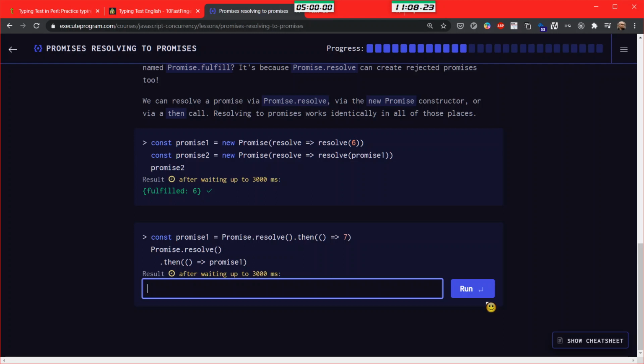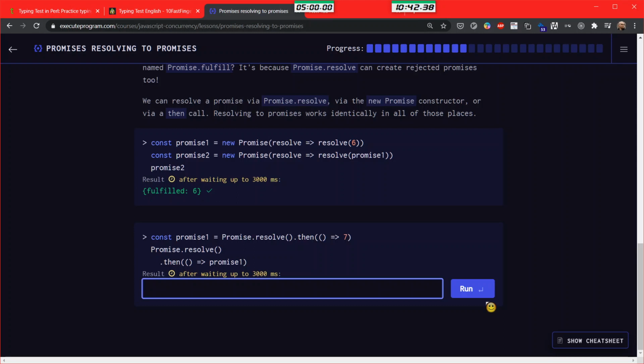Now here we have a Promise.resolve, and then we have .then, and we just return 7. Okay, so Promise.resolve creates a fulfilled promise.